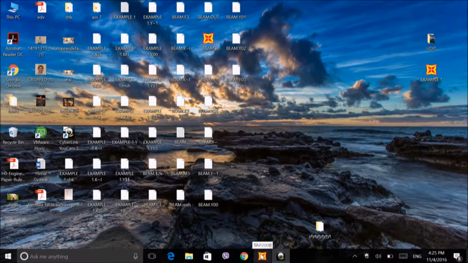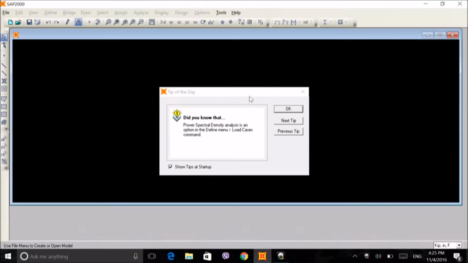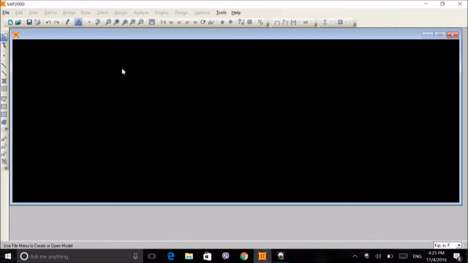Like the handout, we are going to model a truss with the help of SAP. The thing is, SAP is going to give you a tip. You can ignore it. Like in the handout, there is a truss, and it is an indeterminate truss if you notice, because there is one extra